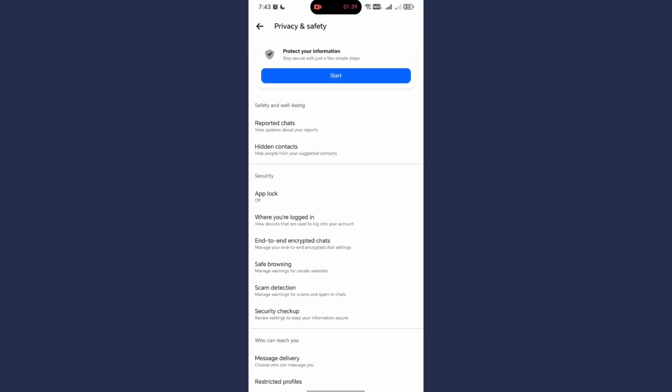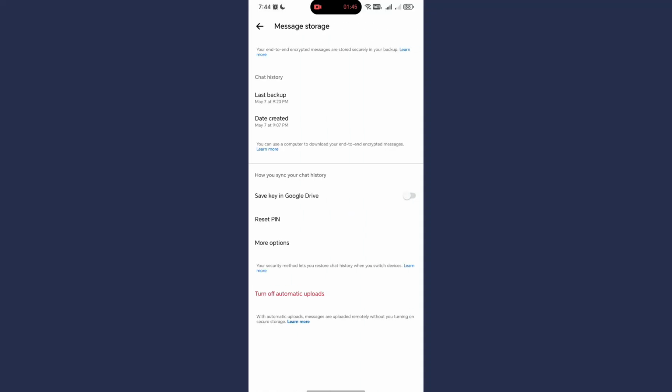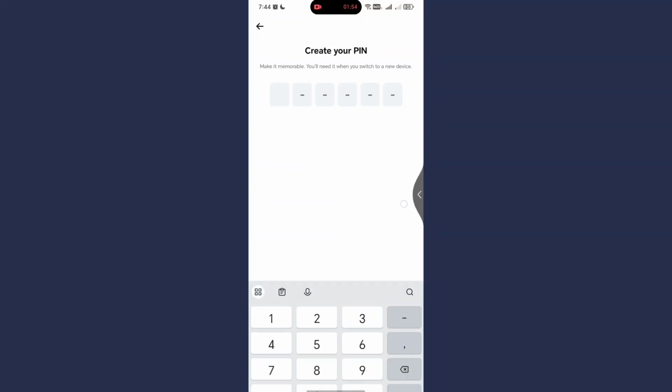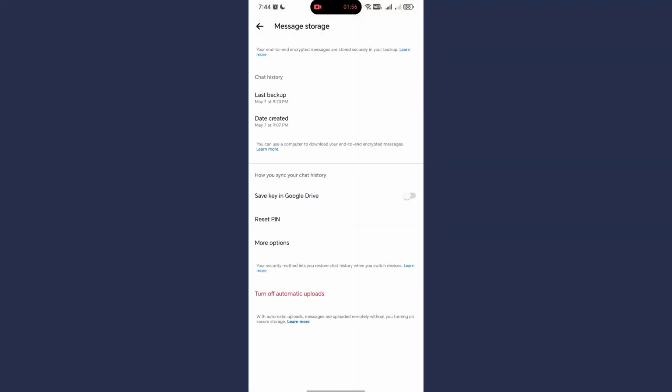select End-to-End Encrypted Chats. Next, tap Message Storage, and if your chats are still failing to sync up, you can try resetting your PIN or temporarily turning off secure storage, which often forces the app to refresh and pull down